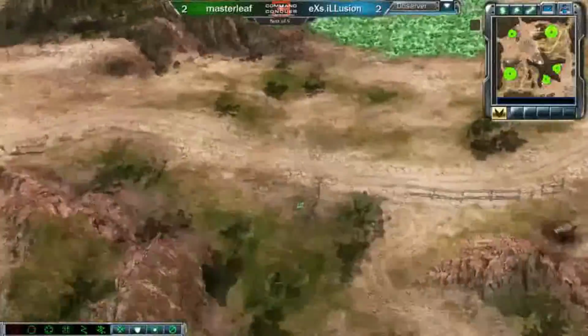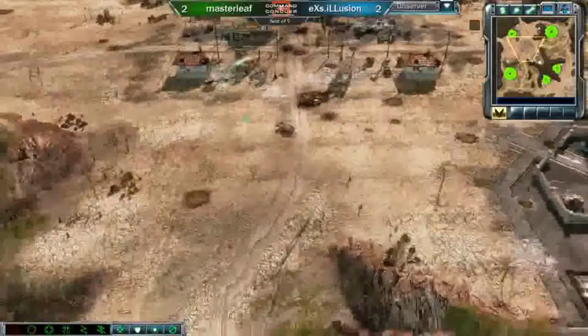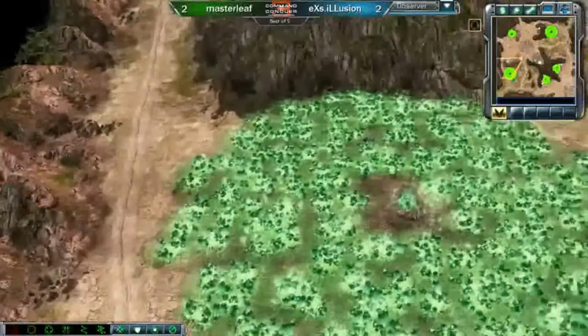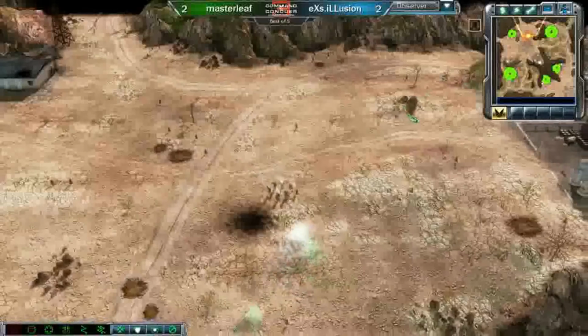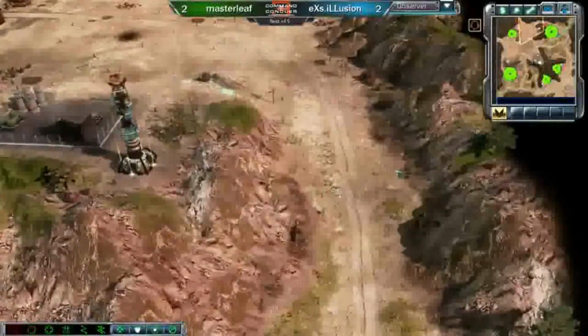2-2 eXs.iLLusion versus Masterleaf. And let's see what we have going on from both of these guys. Masterleaf coming out with a decent number of buzzers, as well as, I believe, 2 engineers. Let's see, yes, there is the second engineer from Masterleaf. Going to be going up to grab a capture on that Tiberium Spike, but it's looking like Masterleaf is poised to get an engineer kill here, and we'll have to see if he's able to get in here and snipe this down,